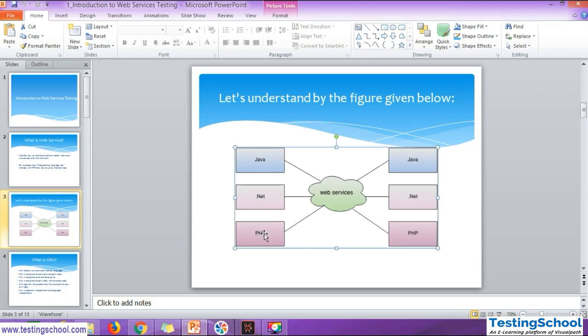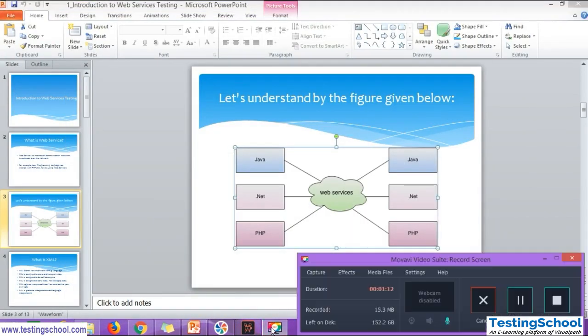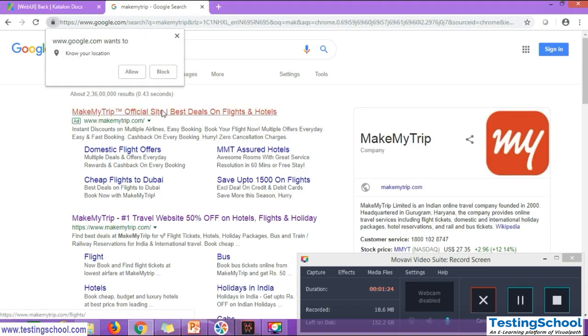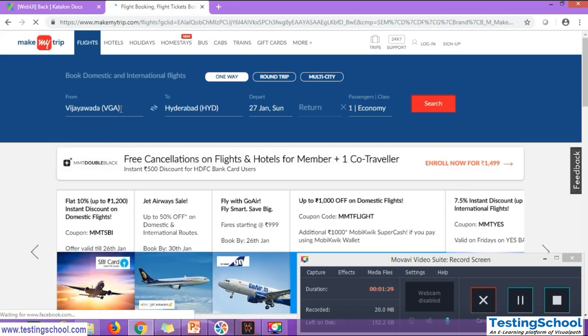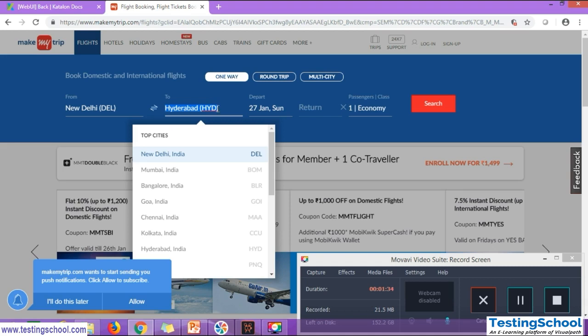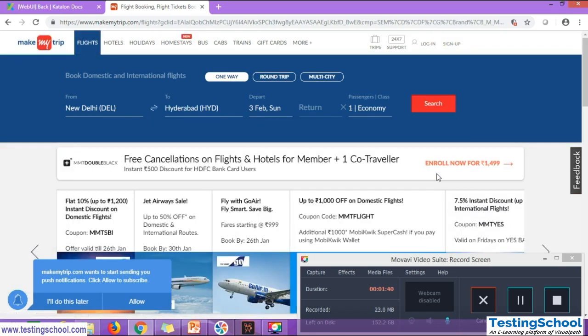So for example, one minute, I will open Make My Trip and I will show you one real-time example. I am opening Make My Trip here. Here I am providing my source as New Delhi and my destination as Hyderabad, and I am traveling on some date. And if I click on the search button,